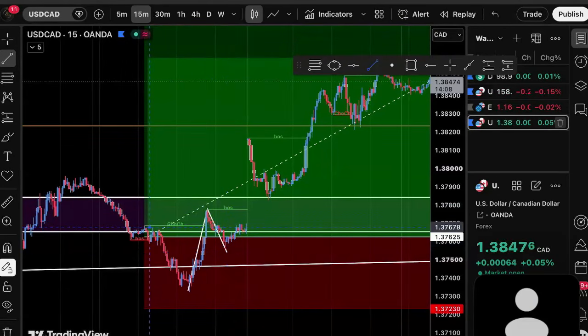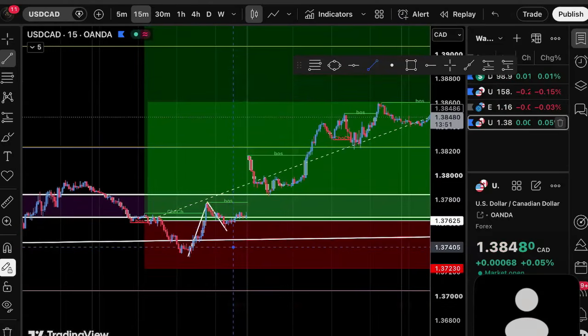The break of this lower high, this big blue displacement that market created, and then this small little pullback back into this fair value gap is what made me enter this trade, place my stop loss below this low. And now we're currently sitting about